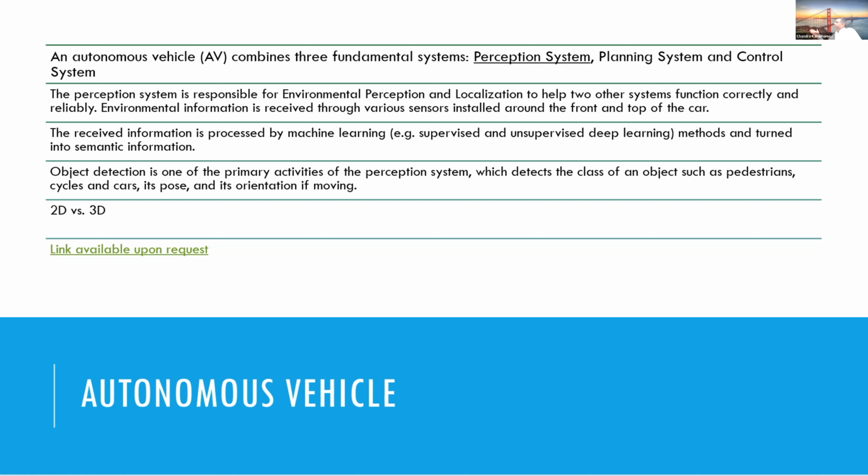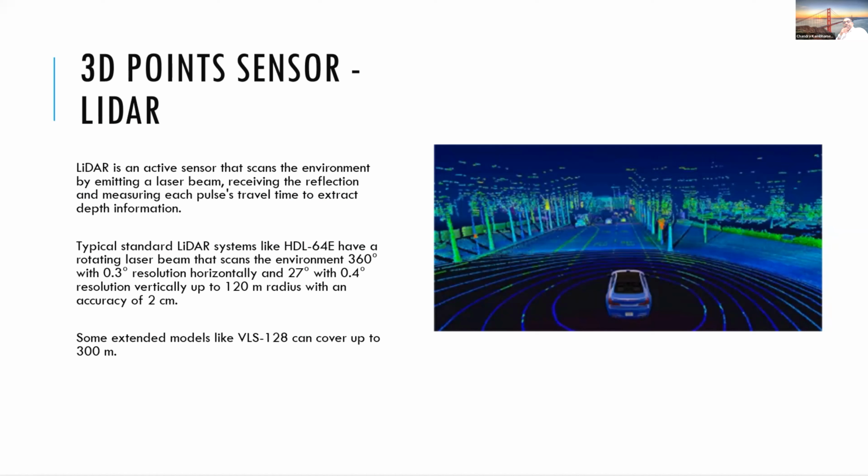So the biggest research direction in this is between 2D versus 3D. Obviously, we all want 3D, but 3D sometimes is slower. So people do use some 2D analysis and kind of reverse project it onto the 3D. This is an example of LiDAR data. That's how it looks like. You are seeing the environment sensed by a LiDAR.